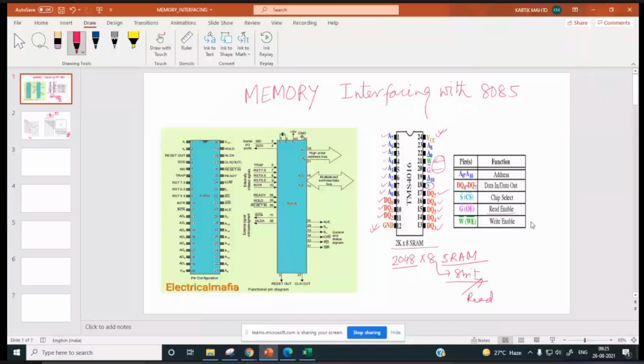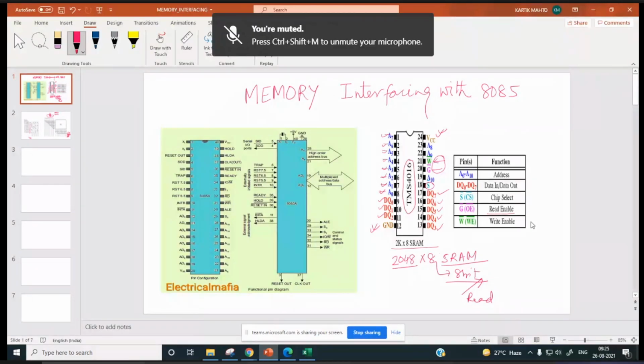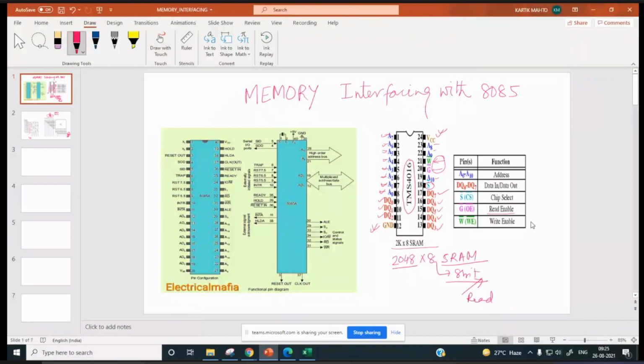So address you will be sending to this chip via these pins. Then you have to make read bar low. If you want to read the data from the location which you have sent earlier, you have to make read bar low, so that data from that location will come out via these pins: D0, D1, D2, D3, D4, D5, D6, D7. So 8 pins are there